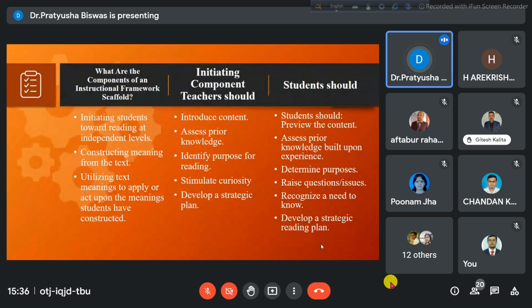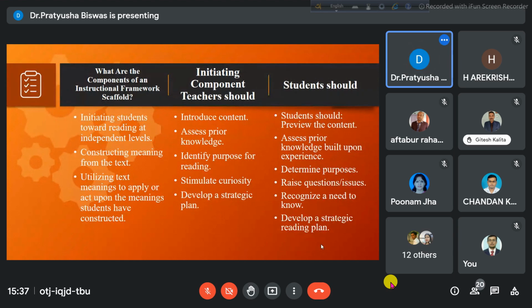If they are finished, you give them certain formats, certain flowcharts in which they'll be writing: this is what I've read today, these are the words I've identified, this is how I'm going to do the questions. So day one is this, day two is this. When you match this strategic plan with your own strategic plan, the necessary intervention can be done as a teacher, and that will immediately improve the child's performance.